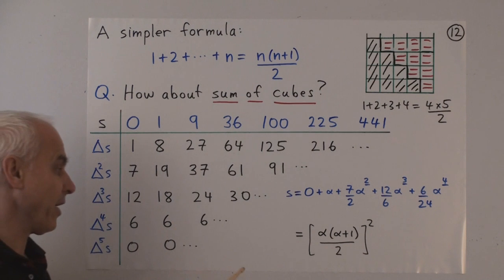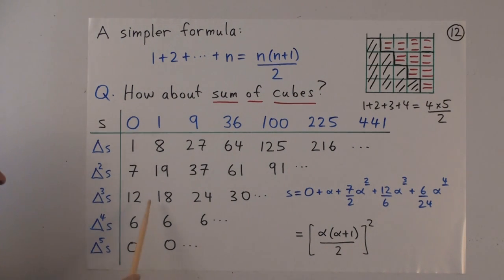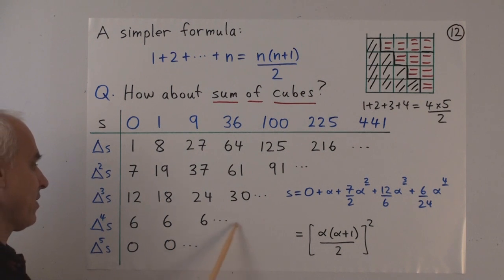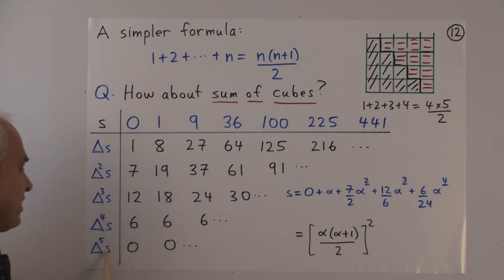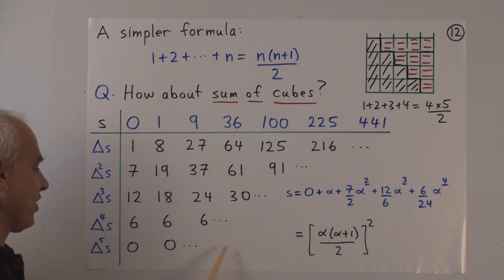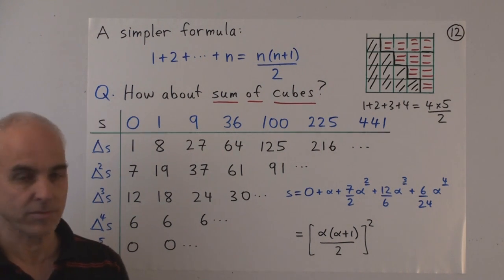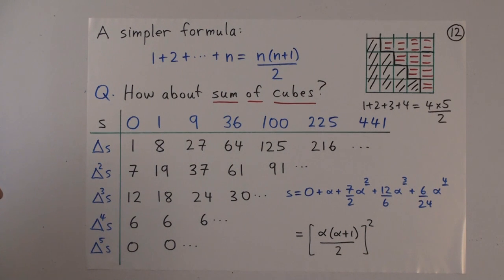The pattern becomes even clearer when we take another forward difference. 18 minus 12 is 6, 24 minus 18 is 6, and so on. And then taking a successive forward difference yields all 0, and from then on all the forward differences are 0. So this is a situation where we've got forward differences to the first power, second power, third power, and fourth